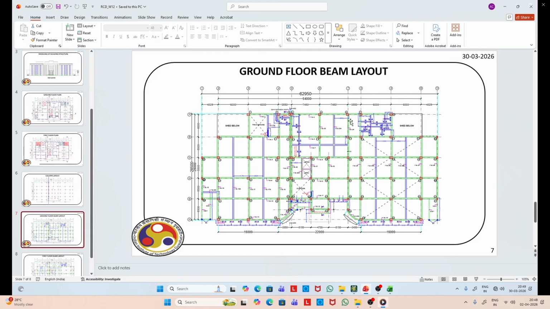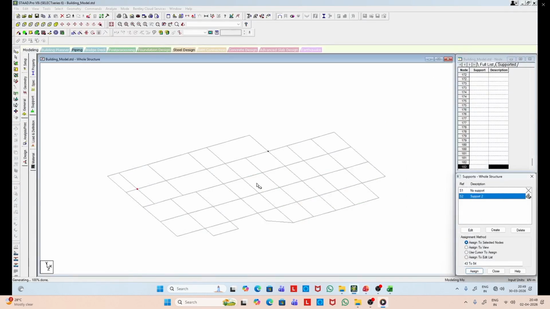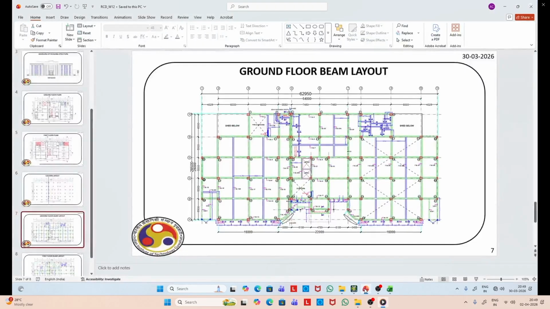Similarly, the other secondary beams will be created. So from that grid dimension, we can divide that green line and create the point, and accordingly we can create the secondary beams.